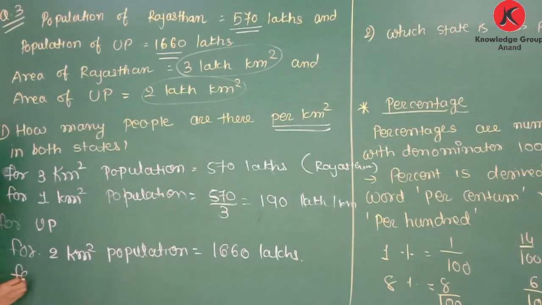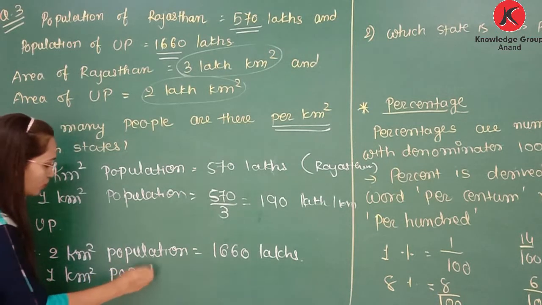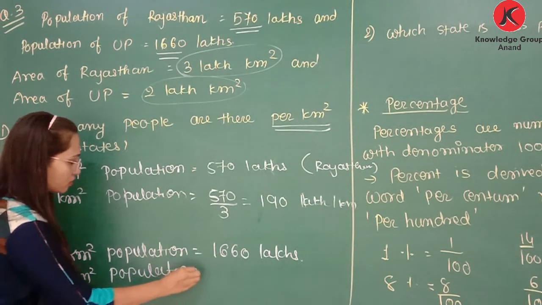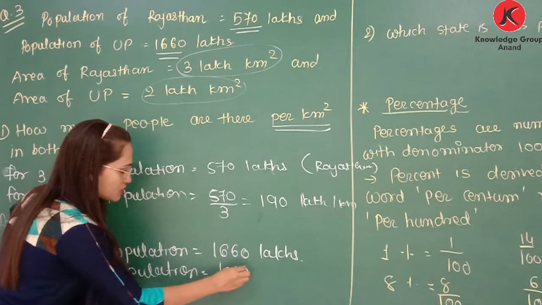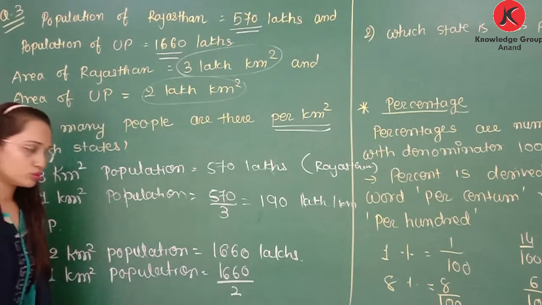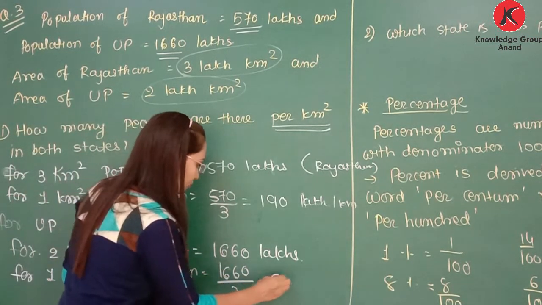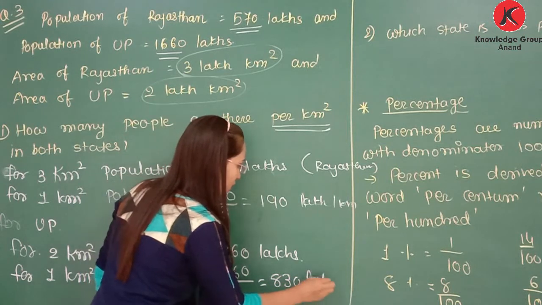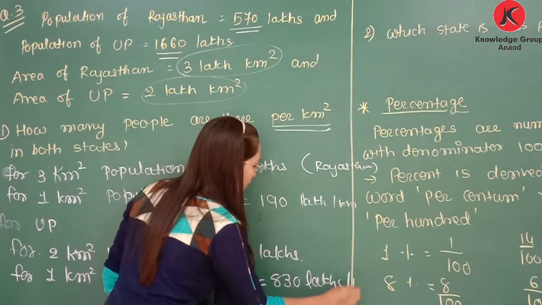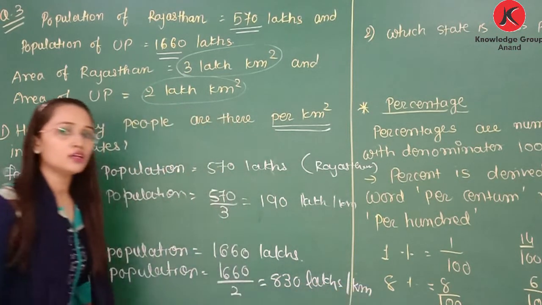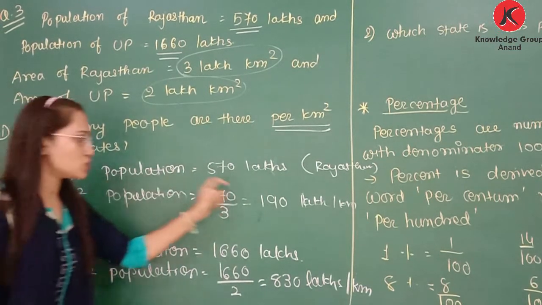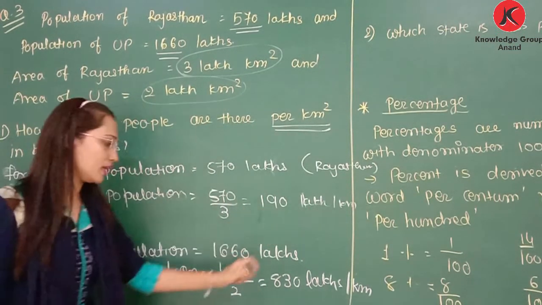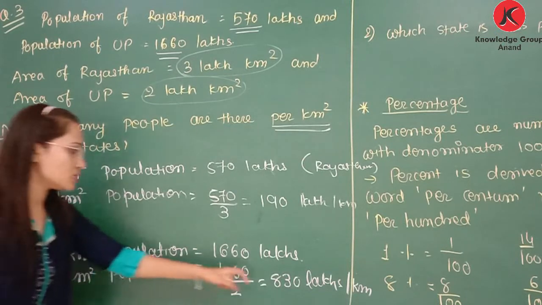So for 1 kilometer per square, population will be 1660 divided by 2. So it is 830 lakhs per kilometer. So for Rajasthan population is 190 lakh per kilometer and for UP it is 830 lakhs